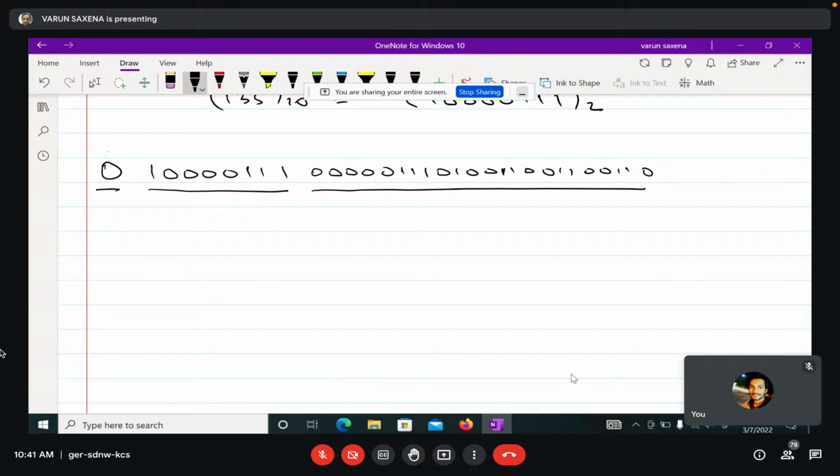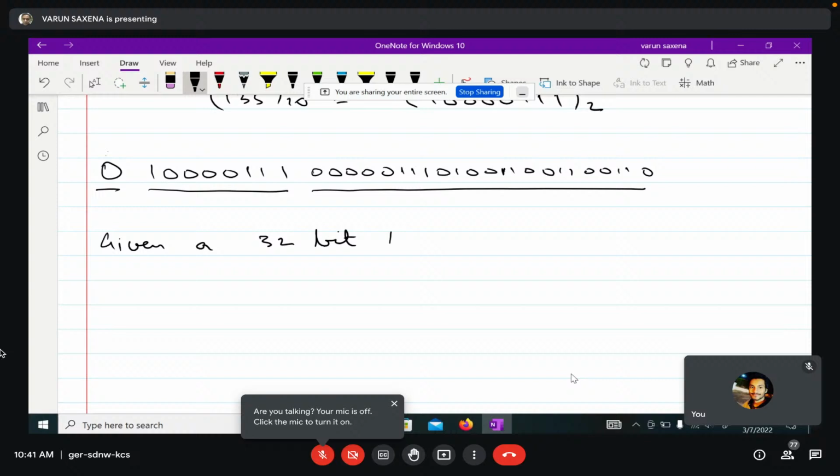So now the problem is that, given a 32-bit floating point,